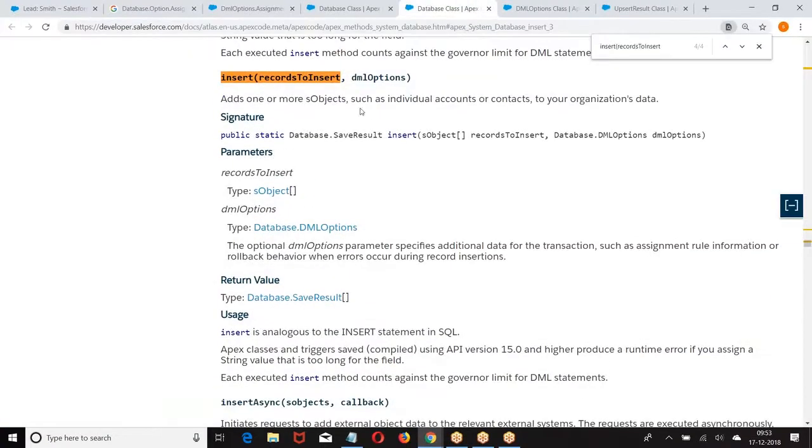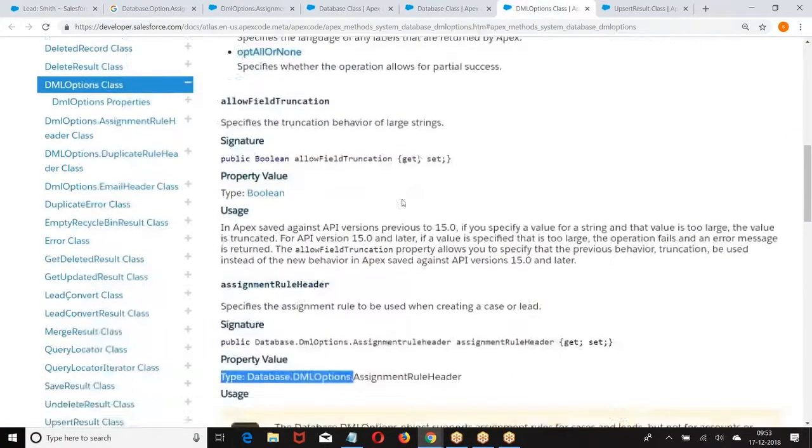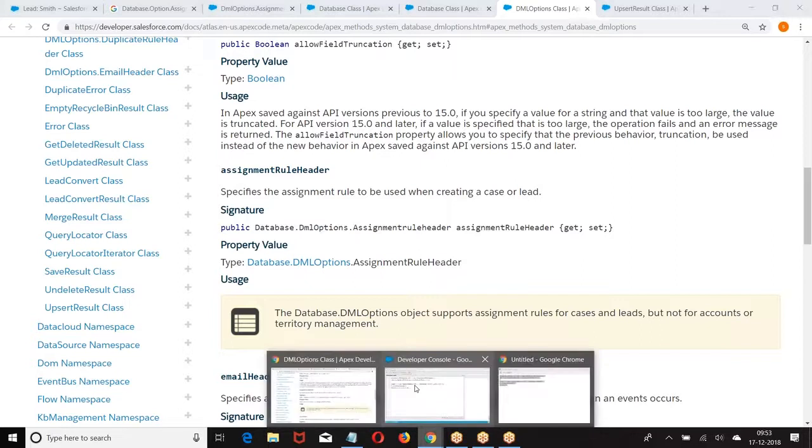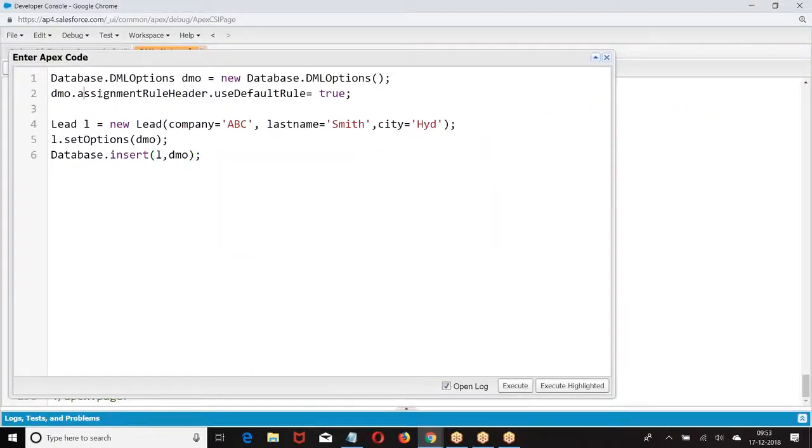DML option, assignment rule header. Assign the value and pass it. Assignment rule header equal to.